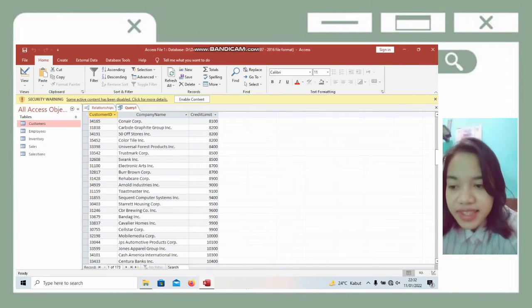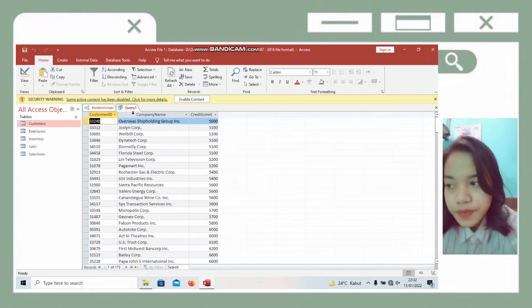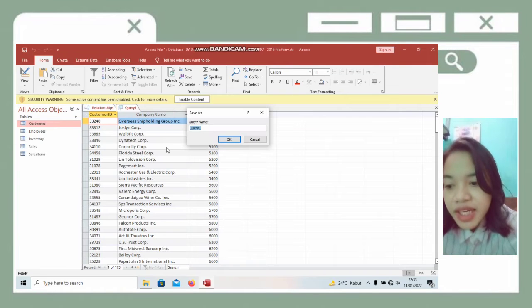Then we can change the name of Query 1 to what we want. I will change it to Task 2. We right click Query 1 and click Save. Then type the name we want, Task 2, and then click OK.